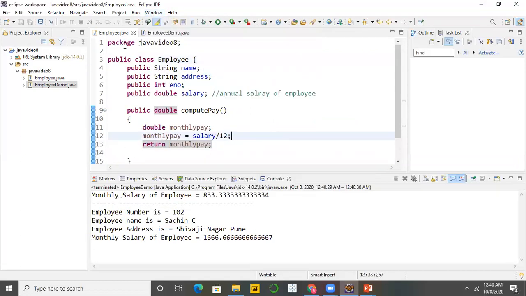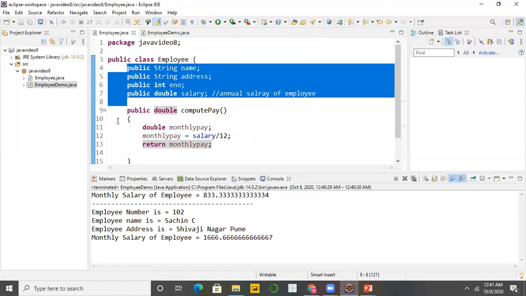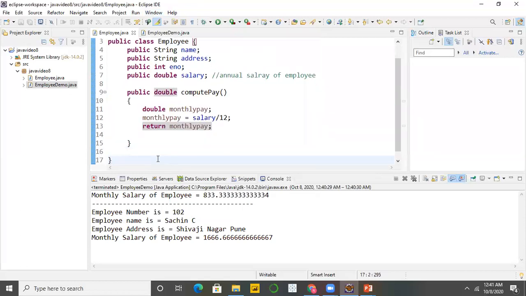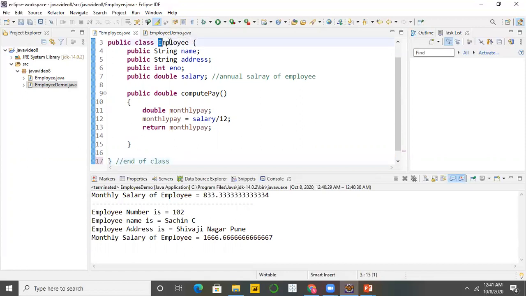I have created one employee class, and I added some variables and one method to that class, and then I have closed my class. This is the end of the class, and here the file name and the class name are saved.